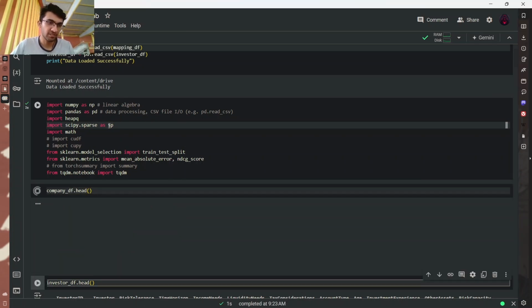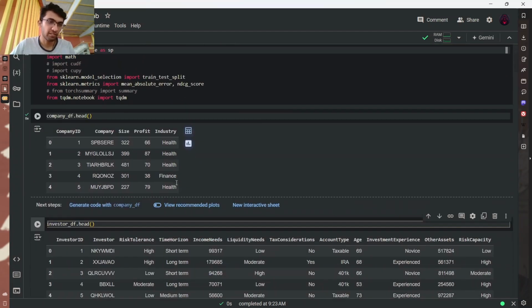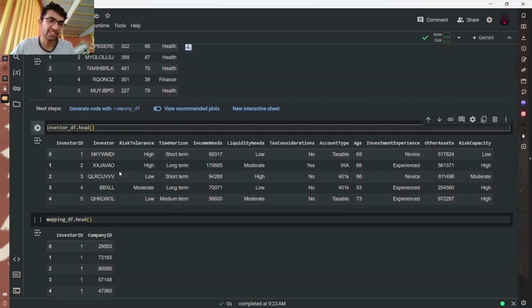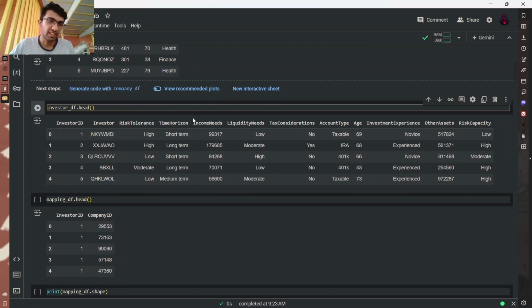We have data which is divided into three different formats. One is the data of the companies, which is size, profit, and industry. And the investor data is divided into 10 fields, which is the ID of the investor, the name, the risk